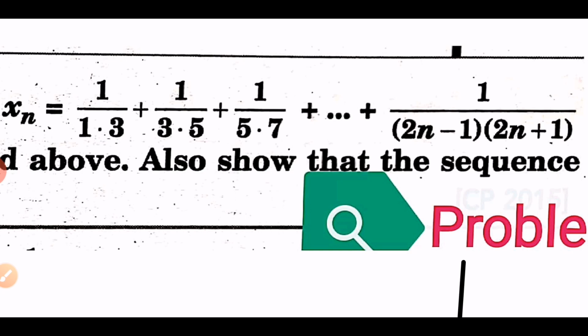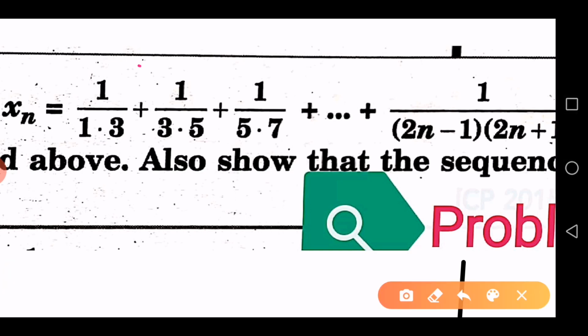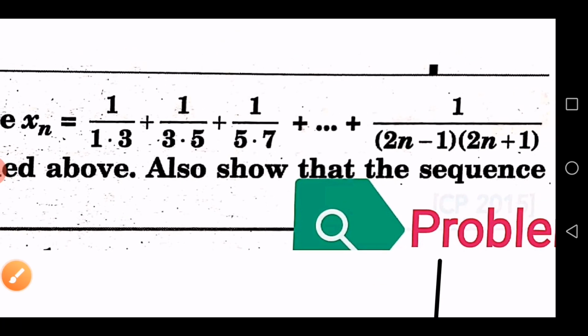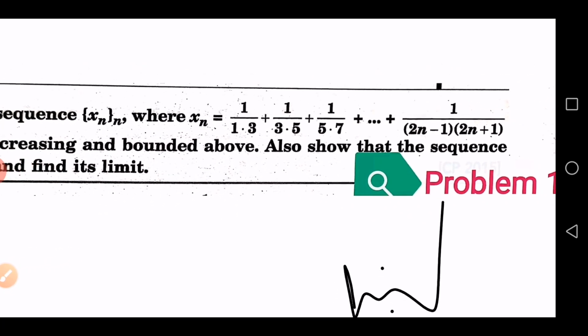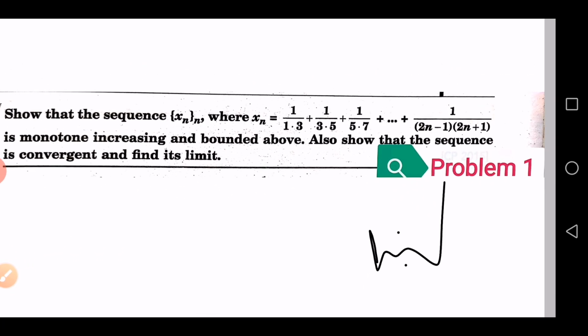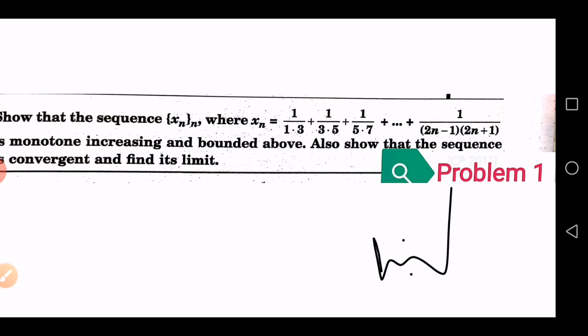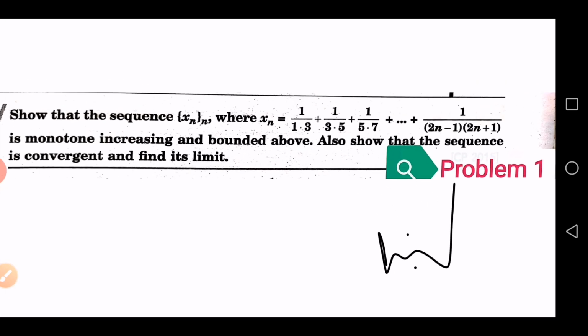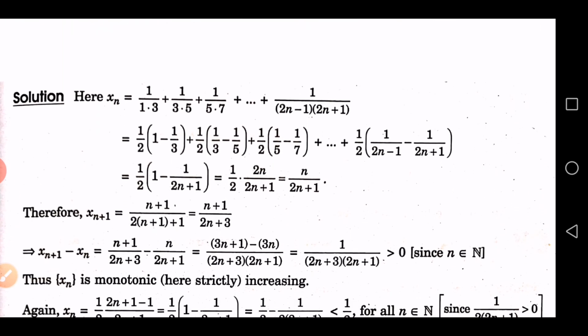In previous class, this was problem 1, where one sequence xn is given like this: 1 by 1 into 3 plus 1 by 3 into 5 up to 1 by (2n minus 1) into (2n plus 1). We have to show that the sequence is monotone increasing and bounded above, and after that the limit of the sequence we have to determine. So what we did,